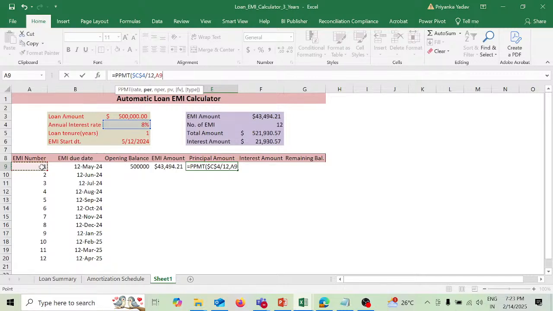That is why here we are choosing per, which is month, that means the first month. Then NPER is your number of EMIs, which we have as 12 over here. So from this we'll just select this, and